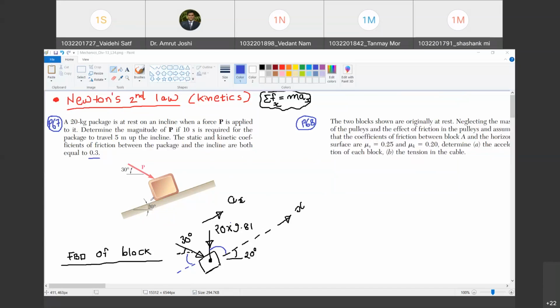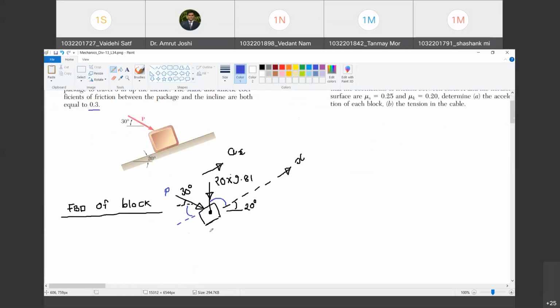Now, let us try and draw the free body diagram of this block first. So in all the problems in which we are going to use Newton's second law, the first step is going to be drawing the free body diagram. Are you with me? Yes, sir. Okay. So free the body from all external agencies and show what the external agencies must have been doing. So I have freed the body from Earth and I have shown 20 into 9.81. Happy? Yes, sir. Then we have force P inclined at an angle of 30 degree with the horizontal, and we are also going to have normal reaction. Do you agree with me?